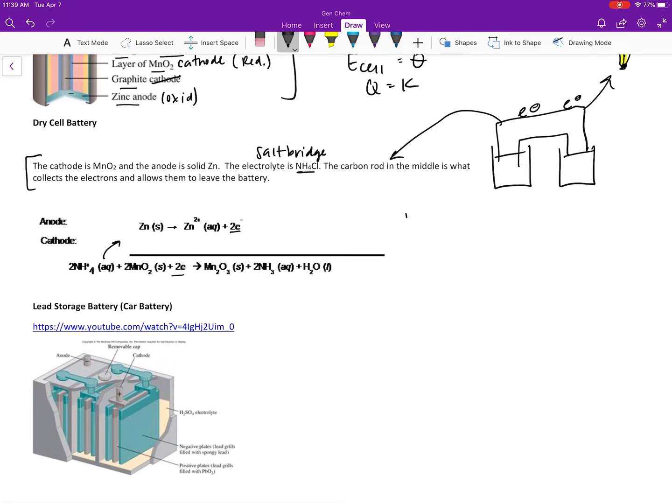So at this point, if you are still listening, I'm going to encourage you to go on and read your textbook for more information about batteries, because there's always going to be questions on the ACS final, or on the test, that I can't anticipate are coming, very specific questions about primary and secondary batteries, which we're going to talk about. So I want you to go into your book and read about the different kinds that are in the textbook. It should be right at the end of one of the sections about batteries, and just make sure you're familiar with different examples like the alkaline batteries, the zinc batteries like we just talked about, rechargeable batteries,